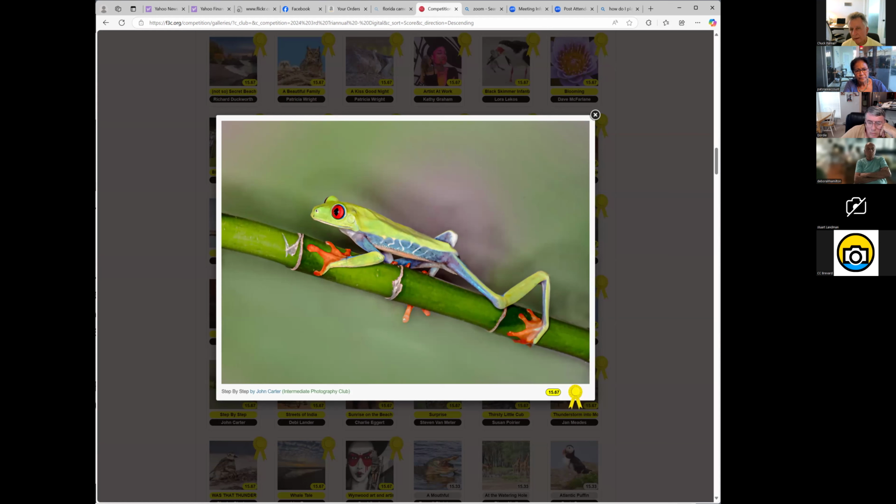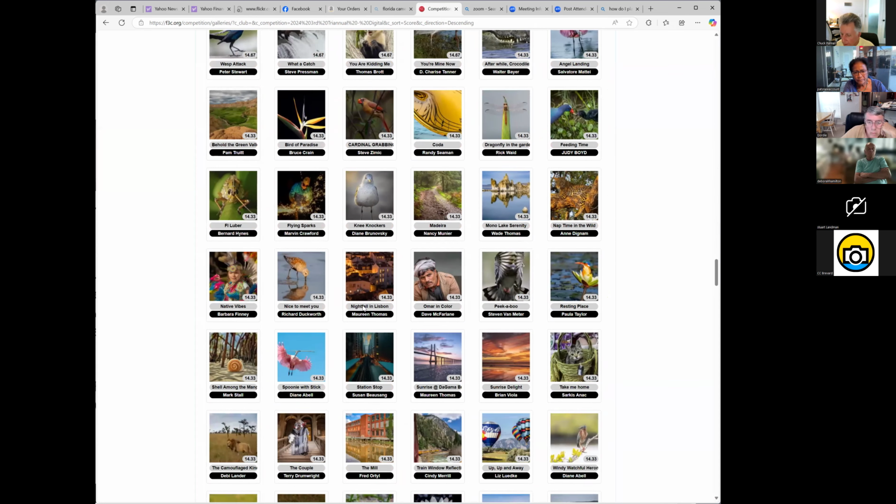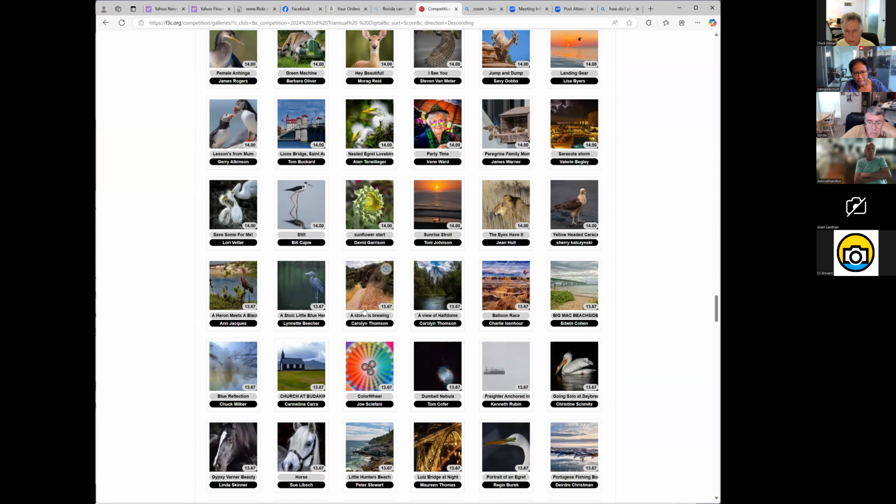You've got a clearly defined subject. The image is crystal clear. I mean, really on point focus. And I may argue there's not enough room on the left-hand side of this frog, but so be it. It's a great image of a frog. Now let me compare that to another image of a frog that got scored a lot